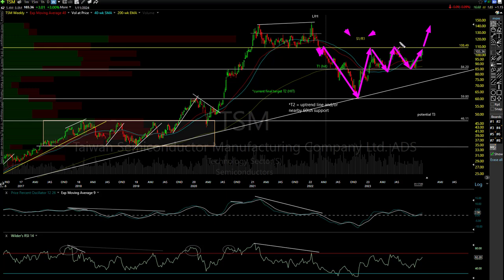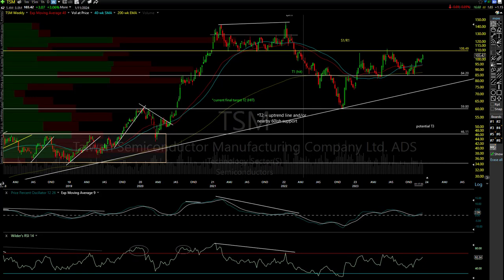So if you are a bull in the semis or you're looking to buy Taiwan Semi, from this longer term weekly chart, all I can tell you, it's not objective to go long here. You're coming up on resistance. It would be more objective to wait for a breakout above that resistance, or a bear could short. You can wait to get a little closer if you want, or you can short here with a stop somewhat above if you want to. If you're playing the long game, if you're swinging down here, minimum target would be the bottom of the trading range, 80-20.